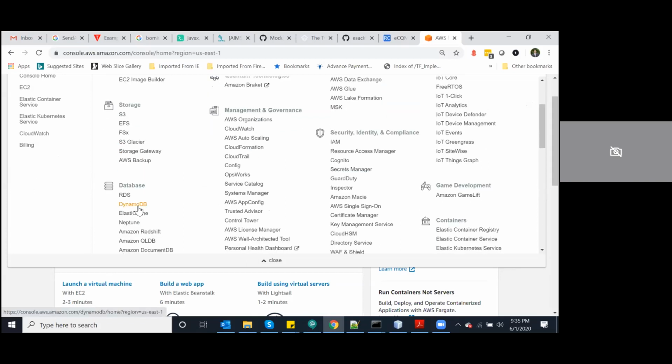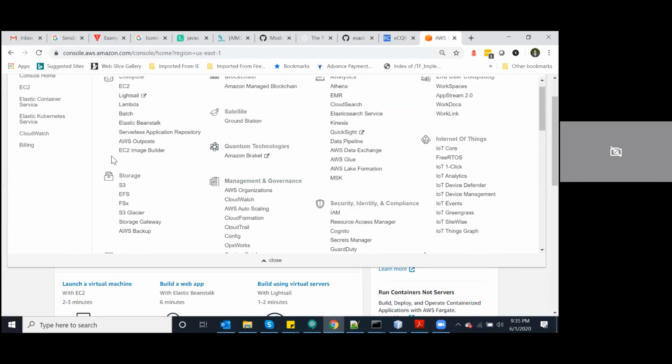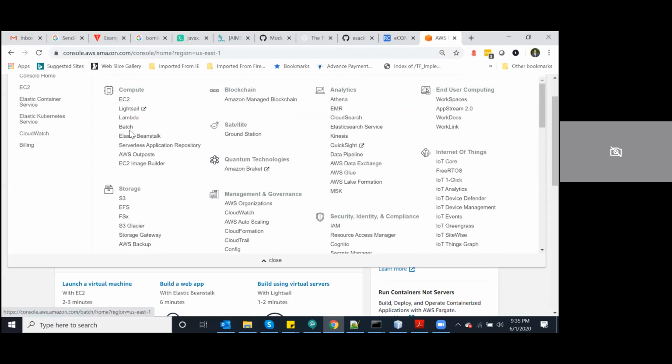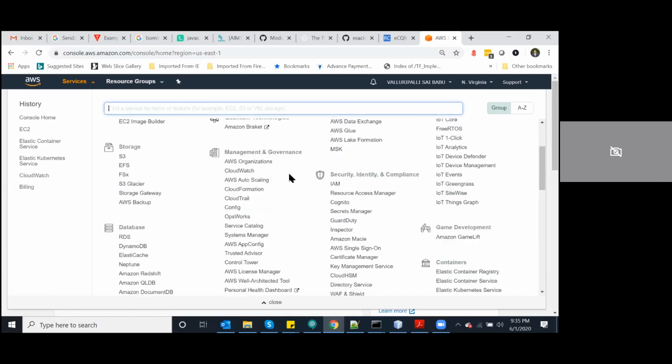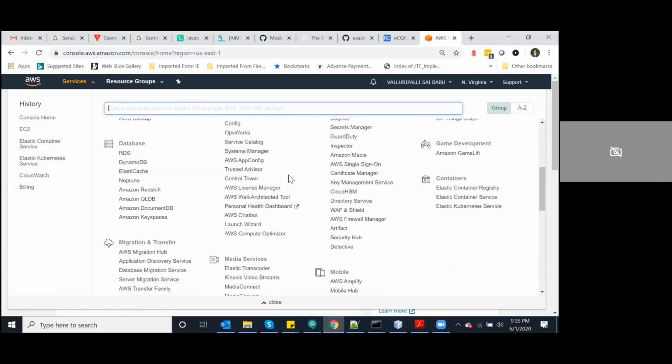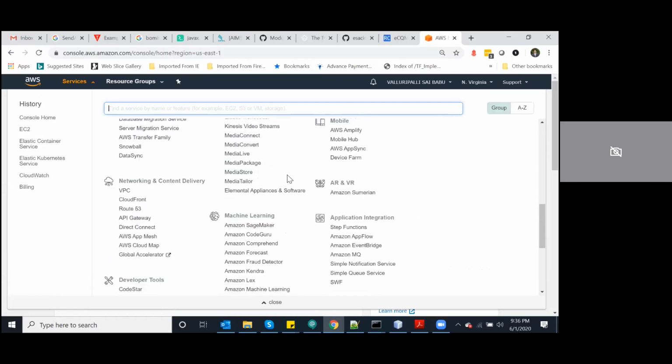So as a Java developer, I should be aware of databases, DynamoDB, S3 buckets, Lambda functions, batch functions. Yeah, batch applications, how you trigger the batch based on the event. How do you capture the event, and how a batch can be triggered. That is a key thing to know. And also CloudWatch, Elasticsearch, these are all Java developer key components should be aware of.